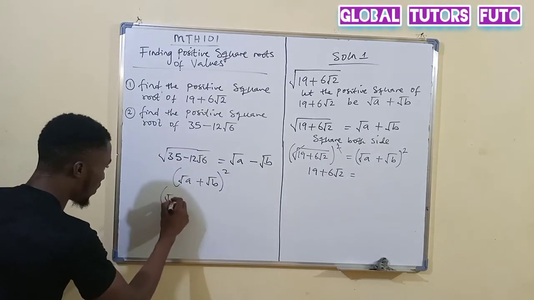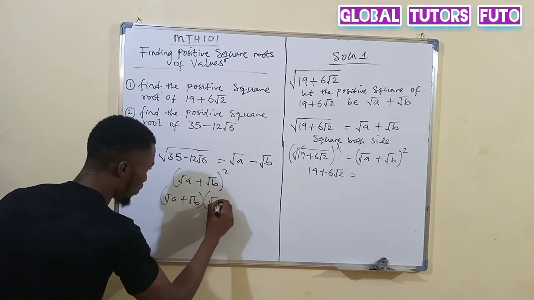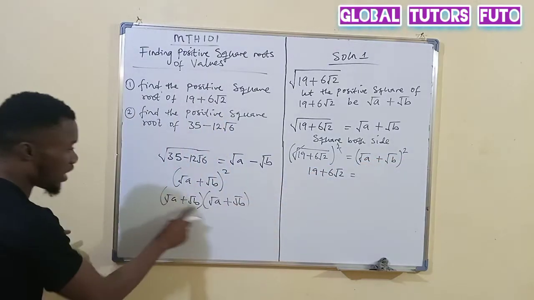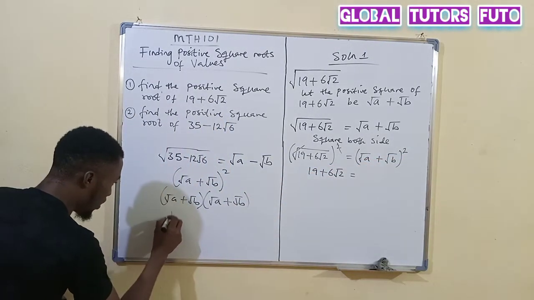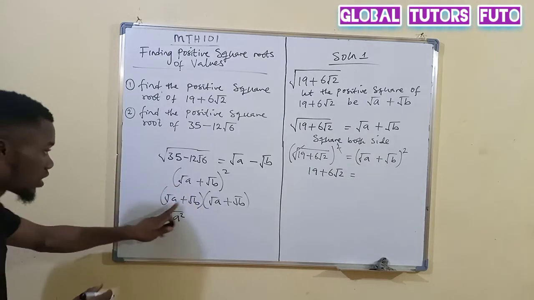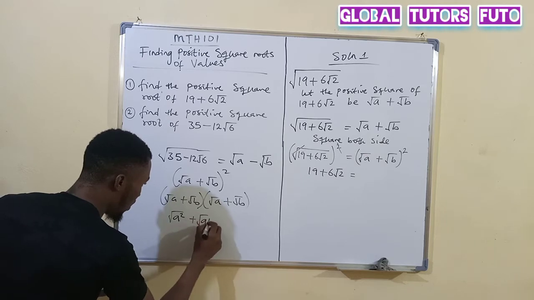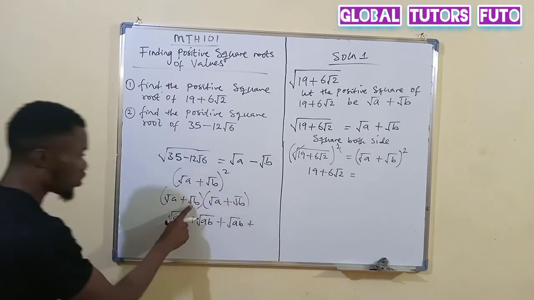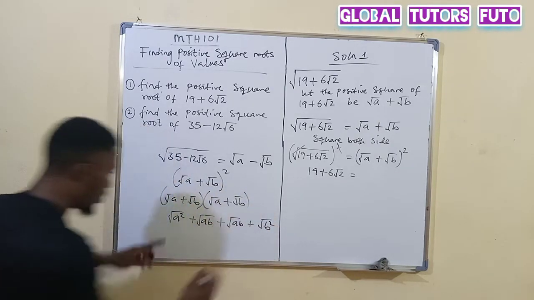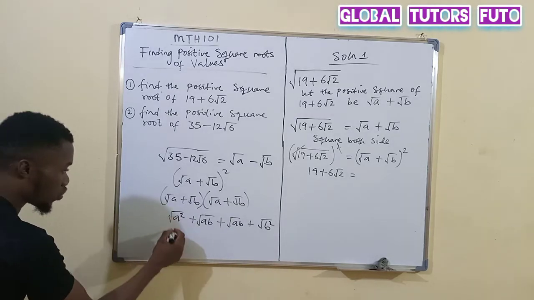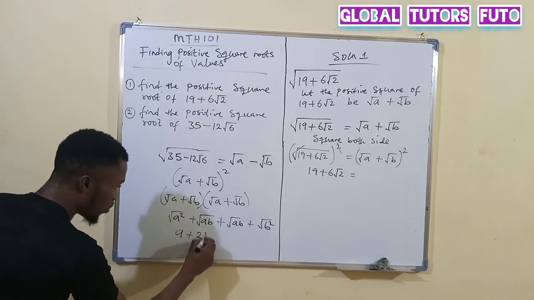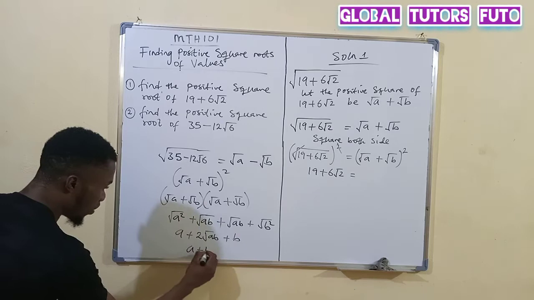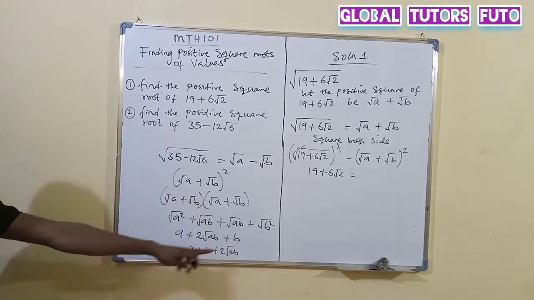So which is something as sod a plus sod b, sod a plus sod b, because it is raised to the power of 2. So sod a times sod a will give us sod a squared. Okay, sod a squared. So let me simplify it this way. Sod a times sod b will give us plus sod ab, plus sod b times sod a will give us sod ab, plus sod b times sod b will give us sod b squared. So sod a squared, square cancels square root, we have a. Plus this will give us 2 sod ab, plus sod b squared will give us b. Such that this will give us a plus b plus 2 sod AB. So this is what we have here.